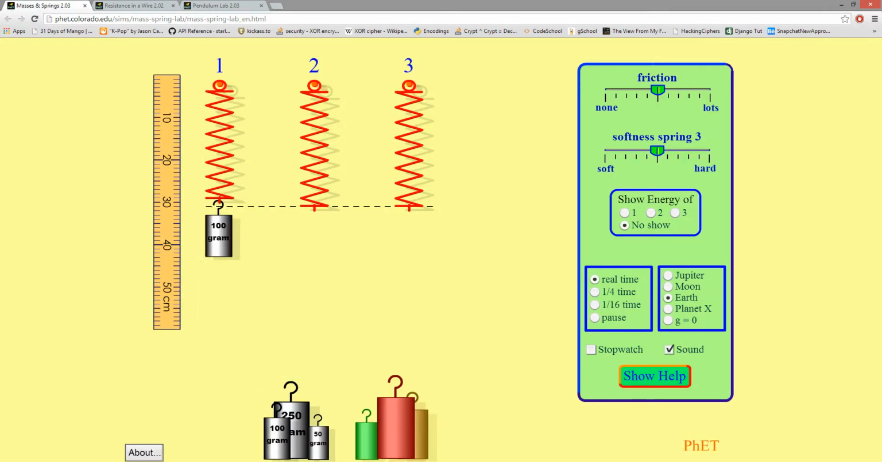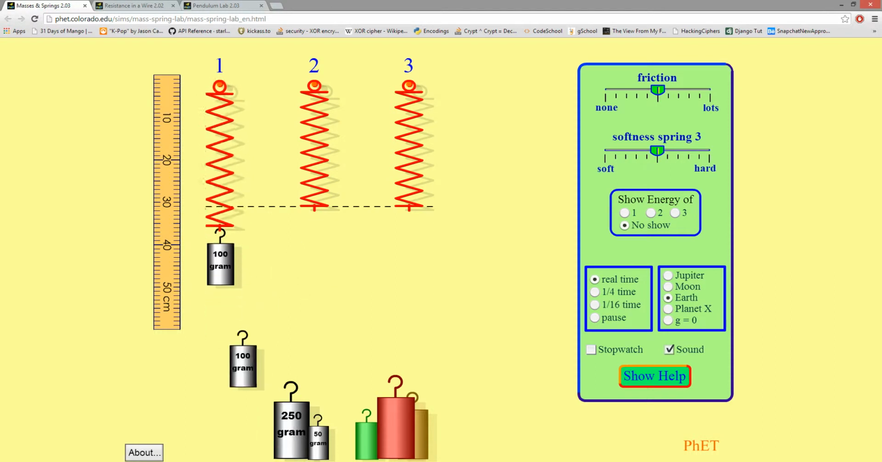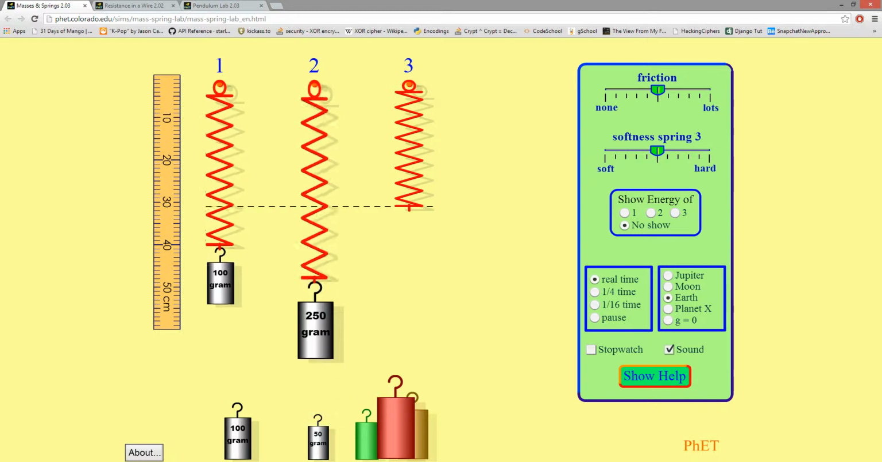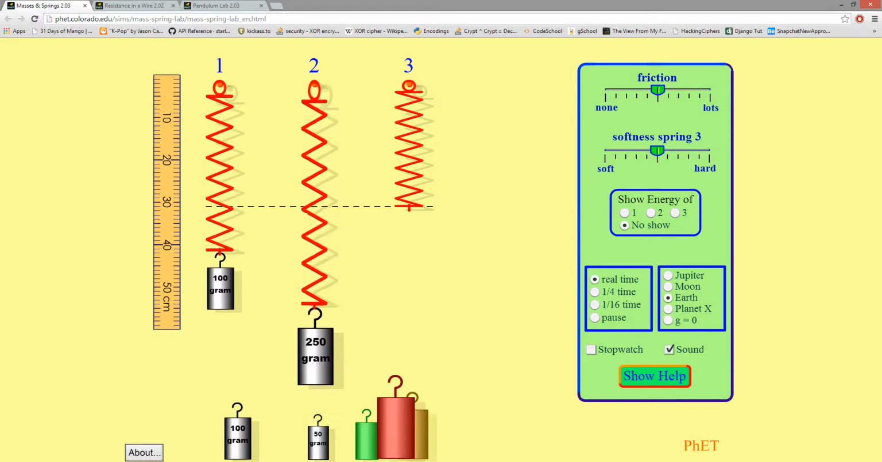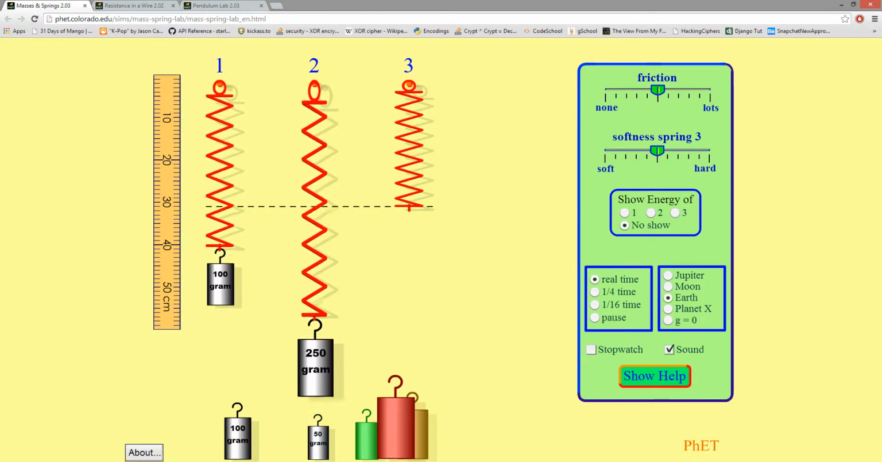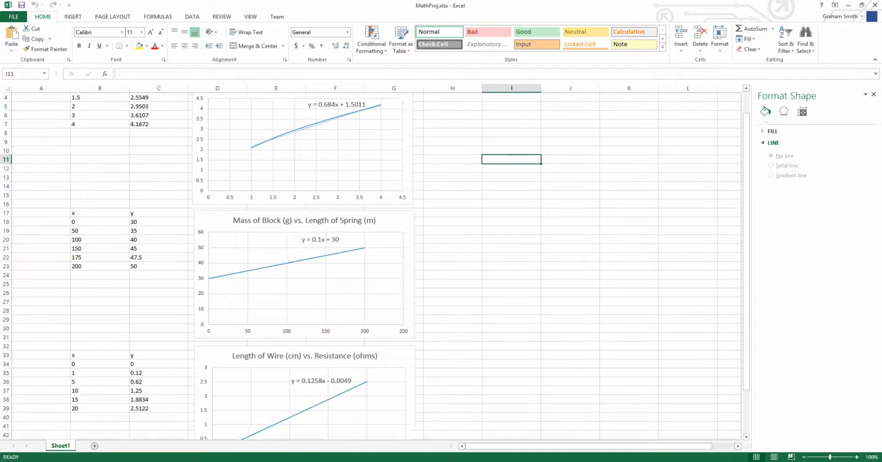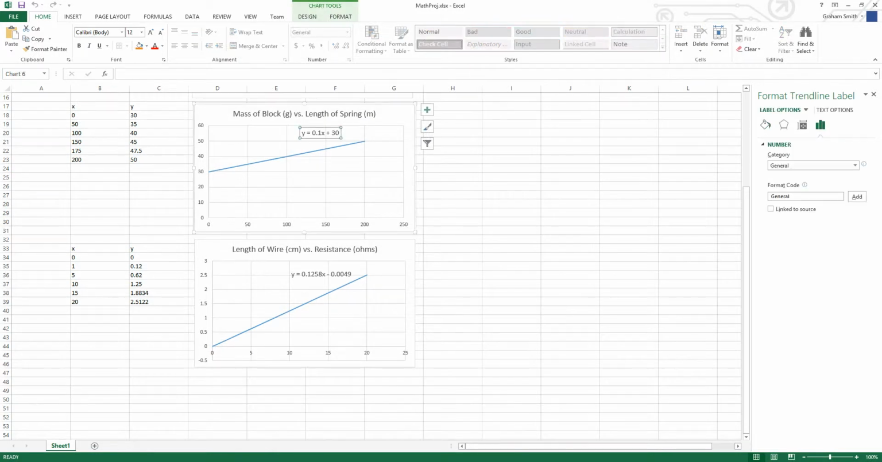By adding different weight to different springs, we can see there's a different distance. So the length of the spring varies directly to the mass of the weight. We recorded this by using the measuring tool seen here, using these settings with medium friction and medium softness on the spring. By using those numbers, we were able to generate our equation seen here, which